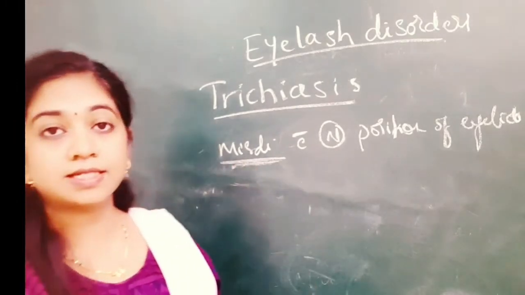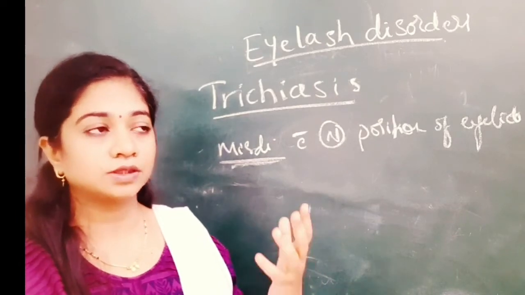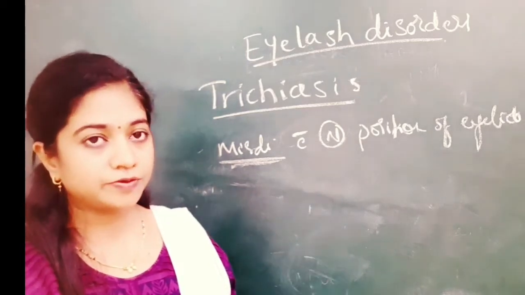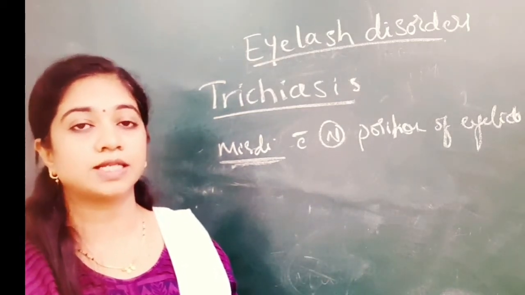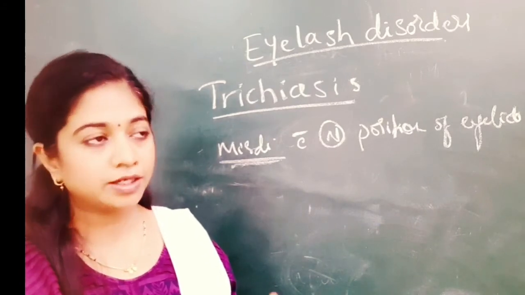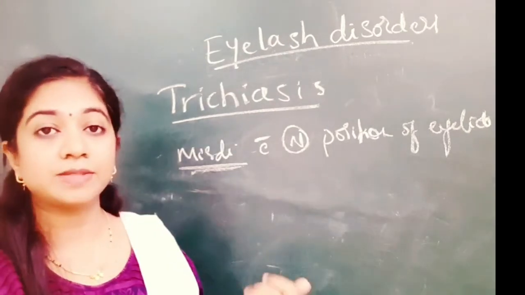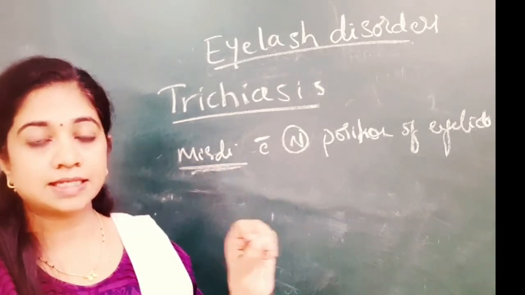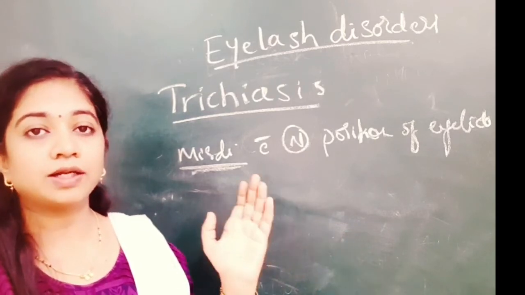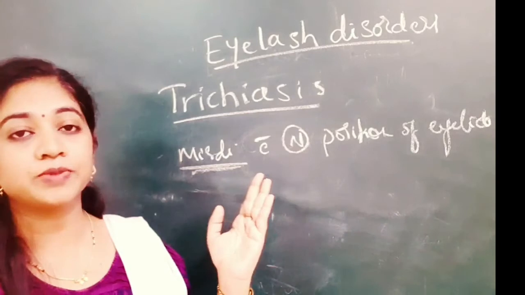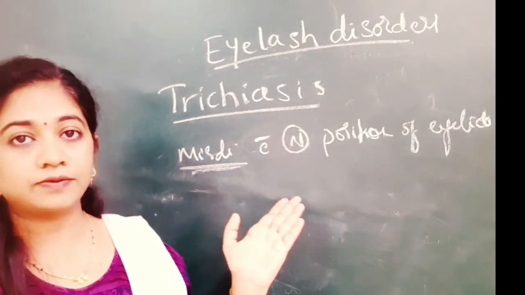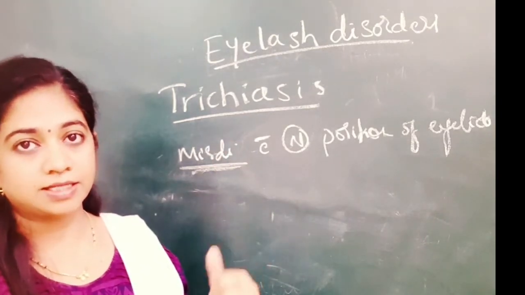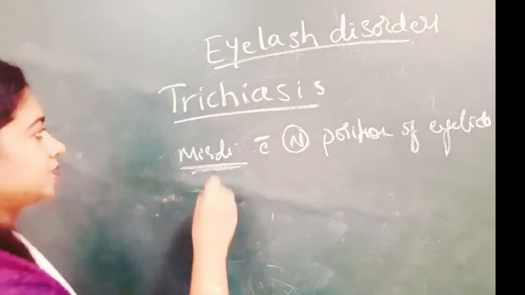Okay. So what causes this trichiasis? It is mainly because of some contraction on the conjunctival side. The contraction could be secondary to burns. It can be secondary to cicatricial pemphigoid. It can be secondary to Stevens-Johnson syndrome. Even it can be secondary to membranous conjunctivitis also. Or anything in the lid margin. Any scar, which can be one surgical scar or even following trachoma or following chronic blepharitis. A scar which is left on the eyelid margin can also lead to misdirected eyelashes. So this is about the causes of trichiasis.